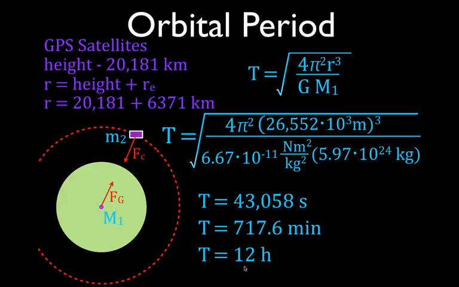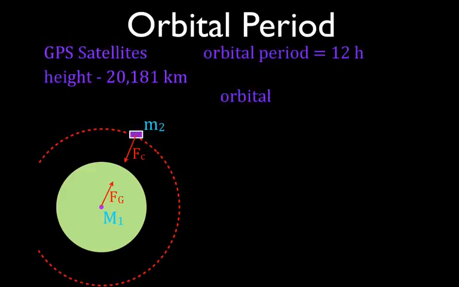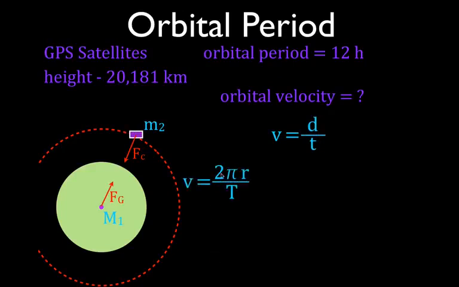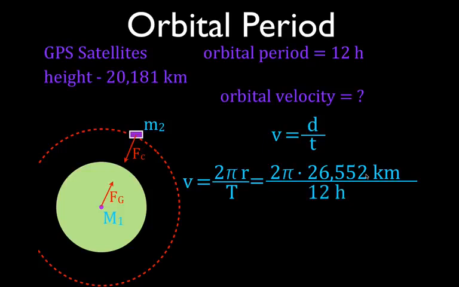Now I think we'll just show you quickly how to calculate the velocity of the object, the orbital velocity. It's pretty easy to do. We're going to go back to our velocity equation, which is distance divided by time. We said once again that the distance is pi r squared, not pi r squared, that's the area. The distance is 2 pi r, that's the equation for the circumference of the circle. We know the radius. And then we're going to plug those values in. Once again, we have our radius from the center of the Earth, the height plus the radius of the Earth, and we divide that by the period, which is 12 hours. And if you do that, you get that the object at that height will be moving at 13,985 kilometers per hour, or